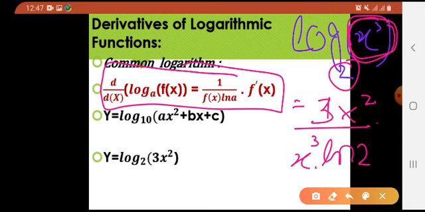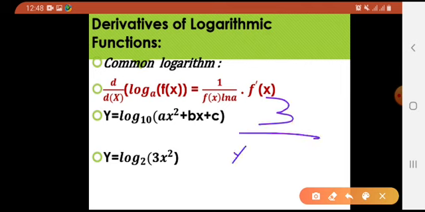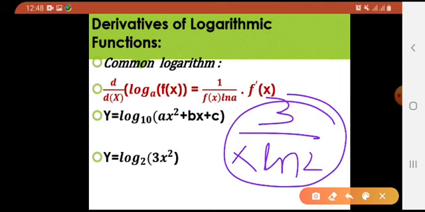So now, furthermore, this natural log of 2 can never be cancelled or multiplied with anything, remember, right? But here something else is possible. This is x square, this is x cube, so these both are cancelled out. It would be 3 divided by x into natural log of 2. This would be your answer.